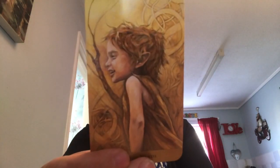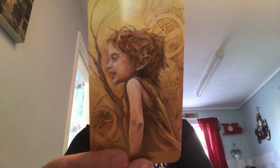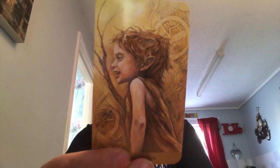It's a gorgeous card. I love that little boy, or a little girl even, I suppose, but it's just like a little impish little fairy child. It's gorgeous. So they're my top 5 decks that